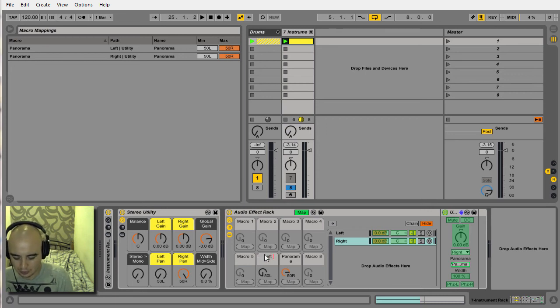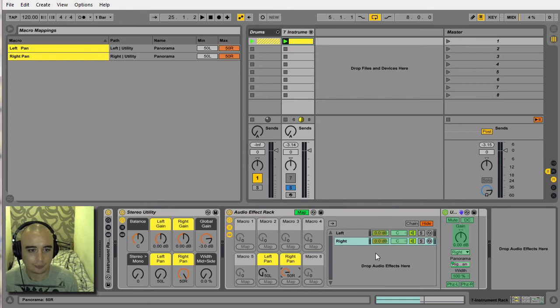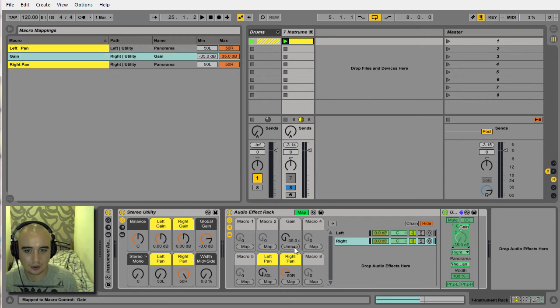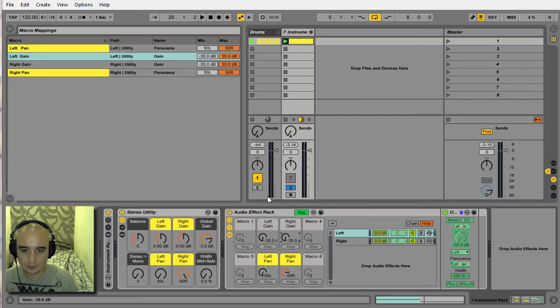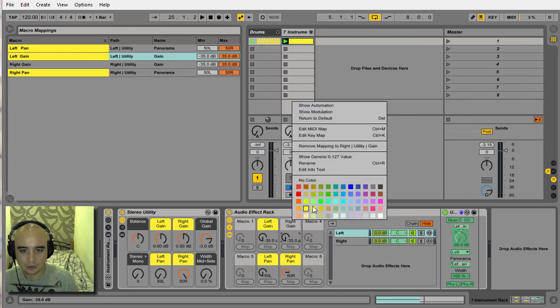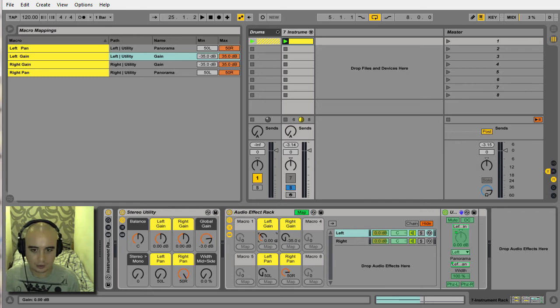This one, left pan, some spaces in there to make it look neat. Right pan, some color. Also going to map the gains, so right gain, left gain, gain, some color as well, to 0,